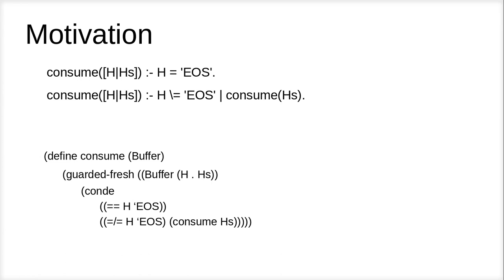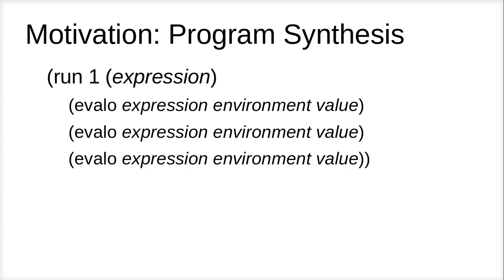However, in many practical cases, the order is dynamic and cannot be optimized by the programmer ahead of time. One case, and the motivating example in this talk, is relational program synthesis. Guarded Fresh is not exclusively for program synthesis, but synthesis does exhibit a form of this same producer-consumer architecture if you squint at it a bit. I know many will be already familiar with program synthesis in miniKanren, but for those who are not, a simple